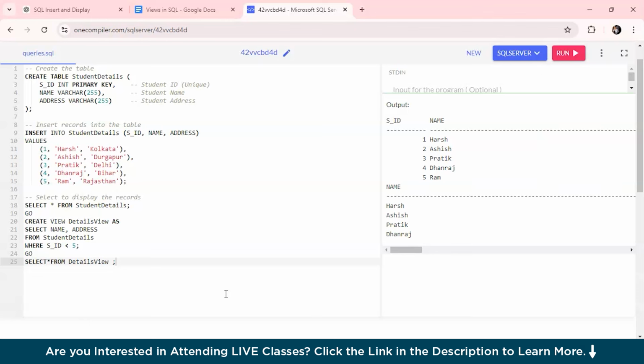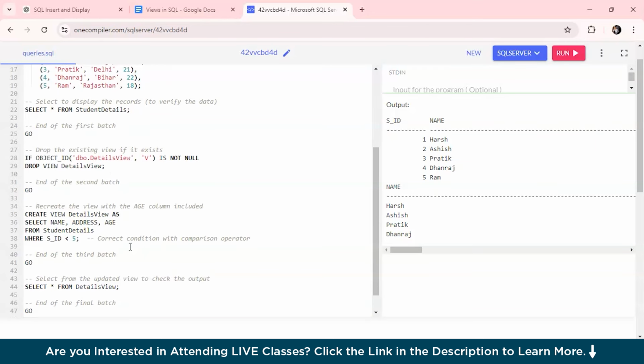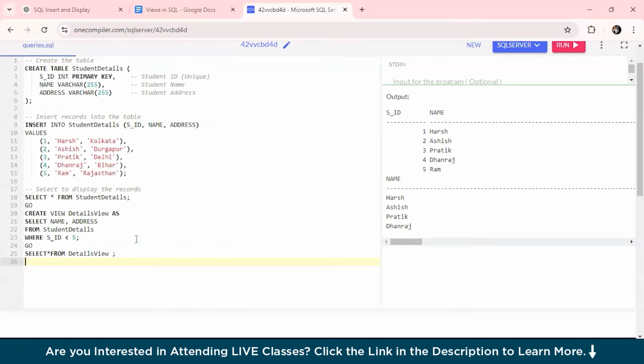Now let's talk about managing views and updating the view. Let's say later on you want to update the view to also include the student's age. Instead of deleting or recreating the view, you can use create or replace view to update it. So let's add the age column to the table now. So we have to just insert the data for the students here. So to add a new column age to the student details table, we need to use this command, which is